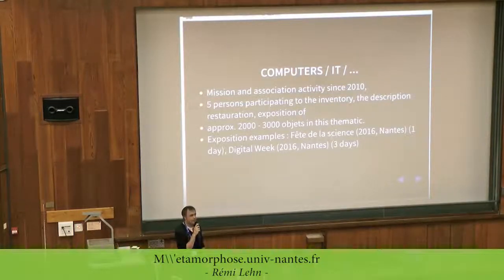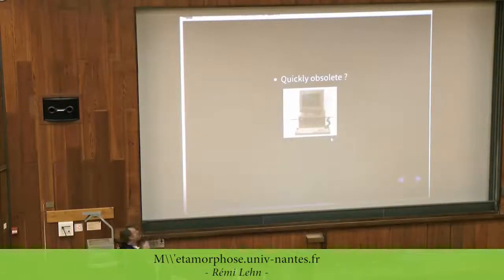In computing, for example, imagine what could be the difficulty of making things function. Everybody knows what MS-DOS is. I think the person from Microsoft who started the meeting this morning knows what it is. Do you know what Minix is, the Minix operating system? Do you know what a Logabax is? I'll just show you what a Logabax is. This dream hardware, a PC, an authentic PC. So its processor is an Intel